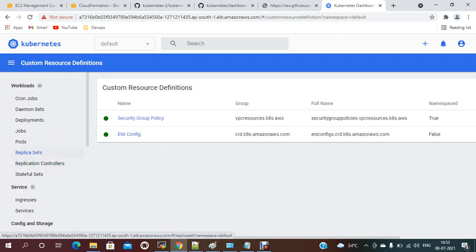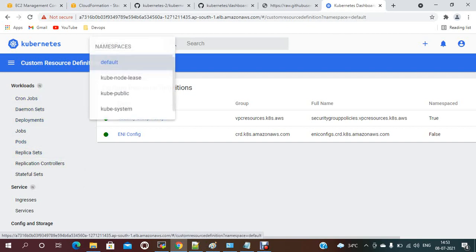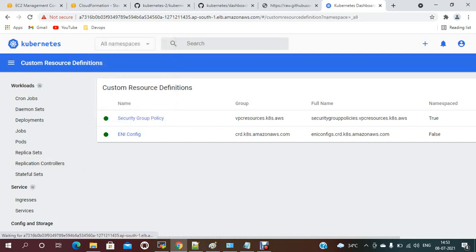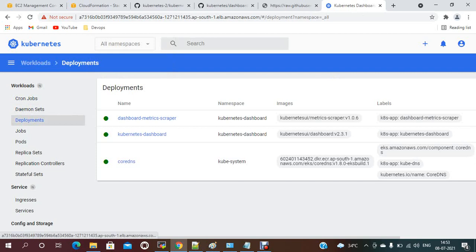If you want to change namespaces, here are the Kubernetes namespaces. If you want all namespaces, you can check. Under deployments, currently these are the two deployments.